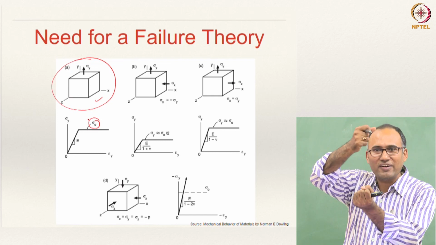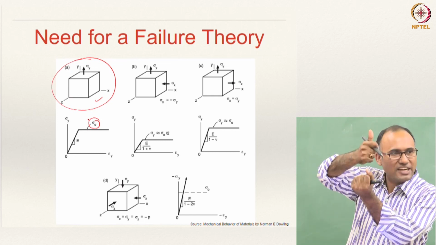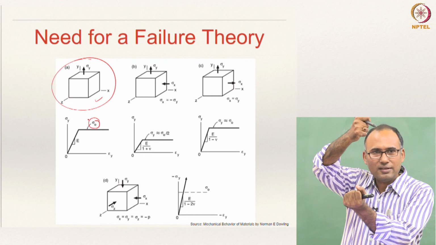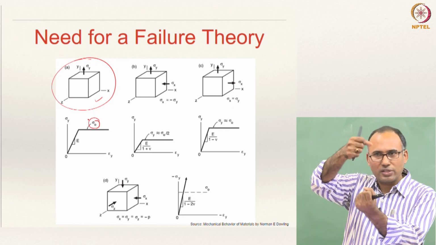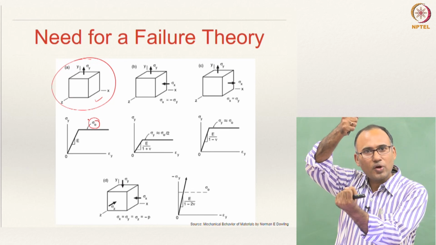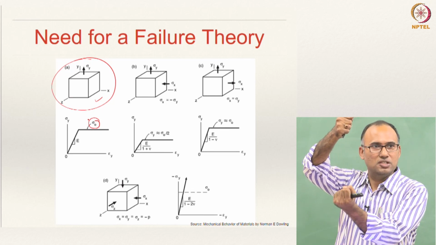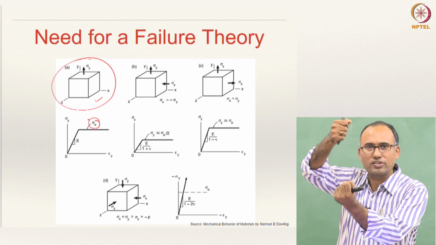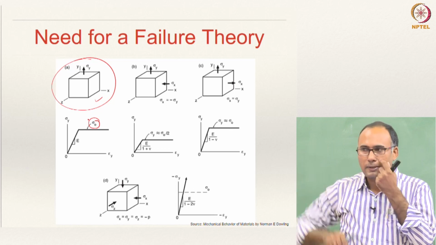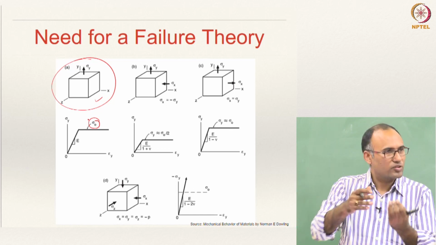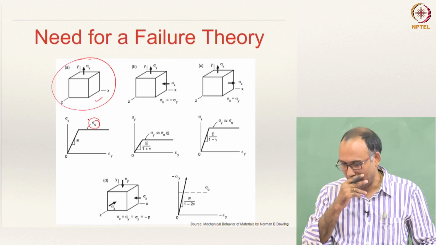Sigma y is not the yield strength. Sigma y is the load applied in the y direction, the stress in that direction, right. Sigma naught is your material property. So, what you have observed is that when you load the specimen uniaxially, the material yields at sigma y equal to sigma naught. That means you need to apply your sigma y until it becomes equal to sigma naught, and that is when you see that there is a flow of the material. That means that is where the plastic deformation has initiated.